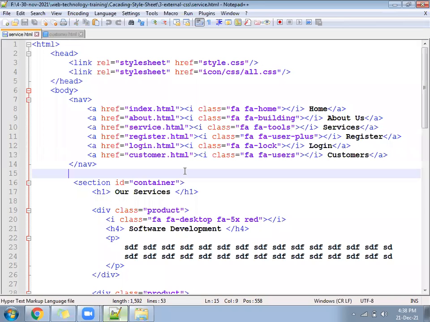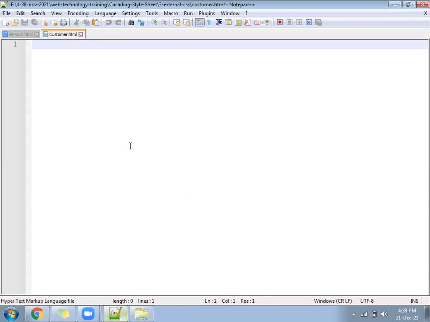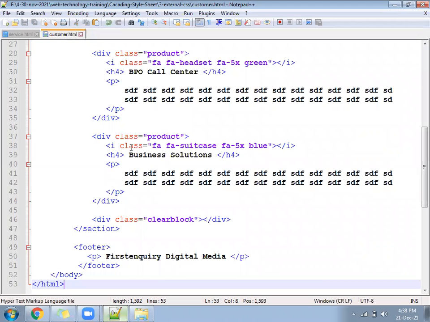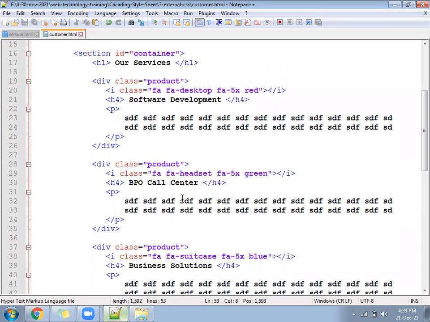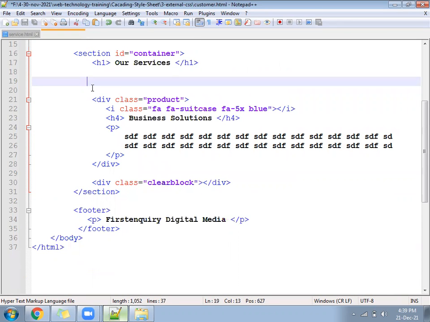We'll take a copy of the service file. Okay, after that, we have given multiple blocks per product. Remove this product section.